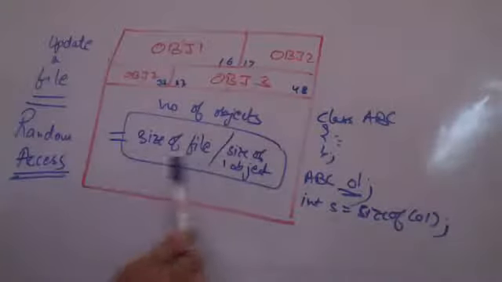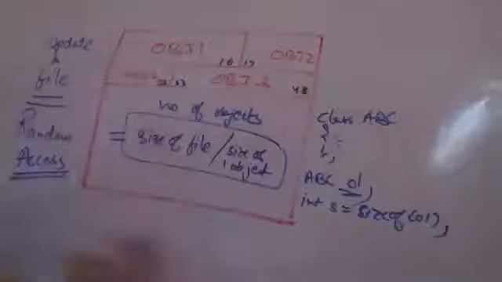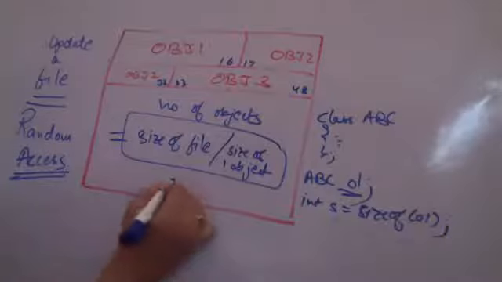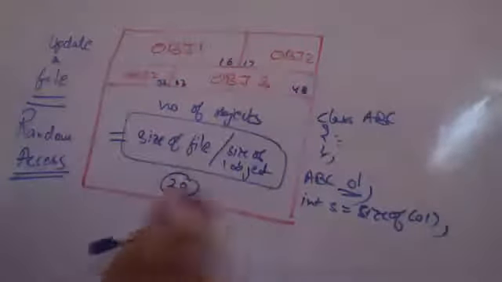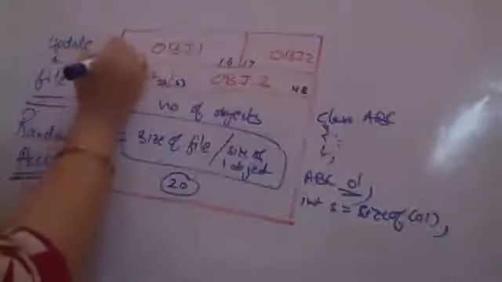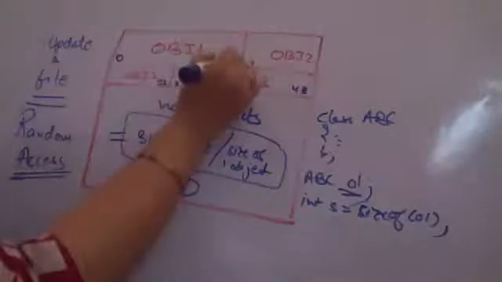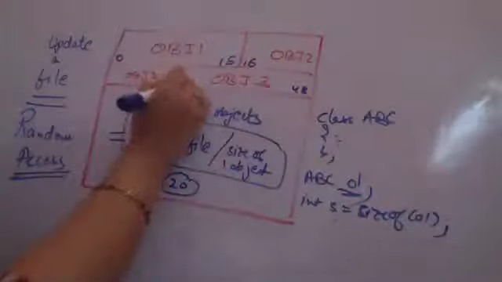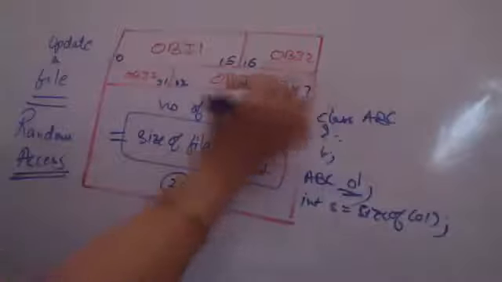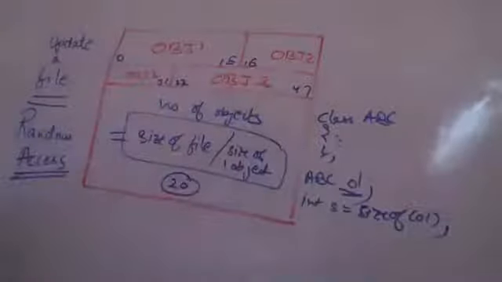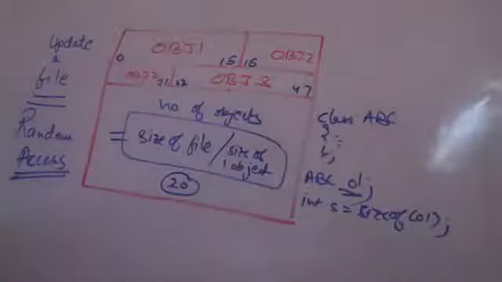Or I can even go to the location. Supposedly, roll number wise objects are saved, students' details are saved roll number wise. I want to go to roll number 20. So I have to understand that the first record begins from location 0. If I am taking that this is from 0 location to 15 bytes, then from the 16th byte to 31 bytes, from the 32nd byte to 47th byte. This is how object 1, object 2, object 3 of the class have been stored, assuming 16 bytes are being taken by each object. It may vary.